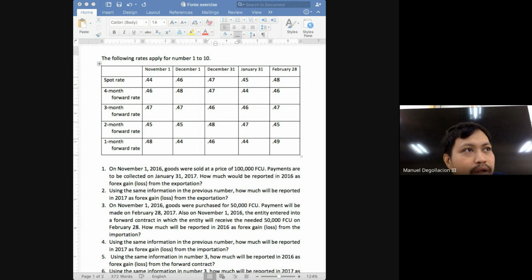So what will be recorded on November 1? Who are we in this transaction? Are we the buyer or the seller? Seller. So what accounts will be recognized on the date of delivery? Sales and accounts receivable. So we will debit what? What account will be debited to record a sale transaction? Accounts receivable, and credit sales. It's a cardinal sin at this point for you not to know that in a sale transaction, accounts receivable will be debited and sales will be credited.